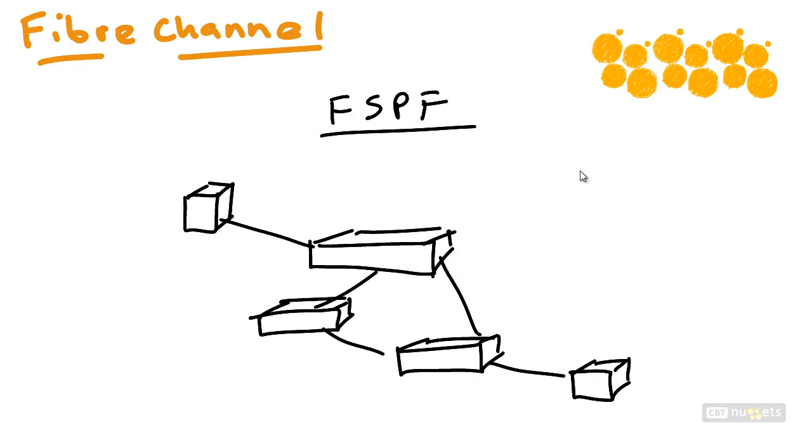But wait a minute here. We know that the introduction of the switch fabric gives us a very scalable solution for Fibre Channel. But what about multiple paths? What about the potential for loops when we get a redundant environment built here with our MDS switches from Cisco Systems? Well, they borrow from other great concepts that we're used to. They created the